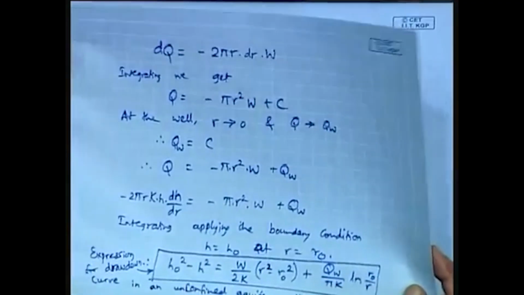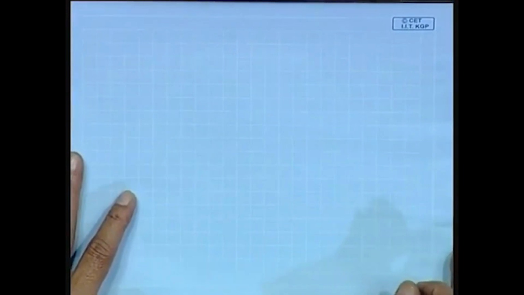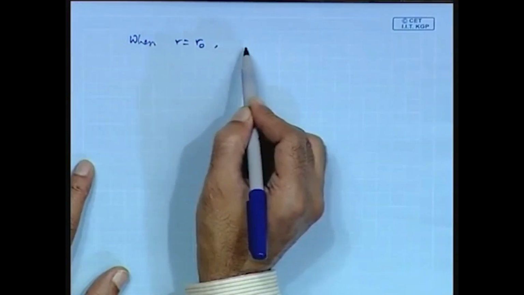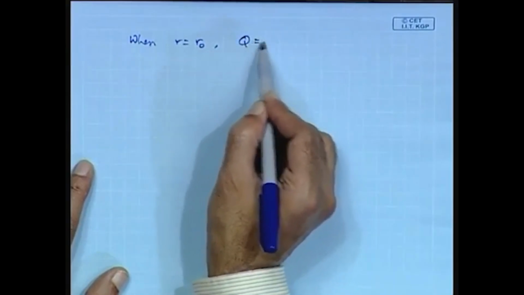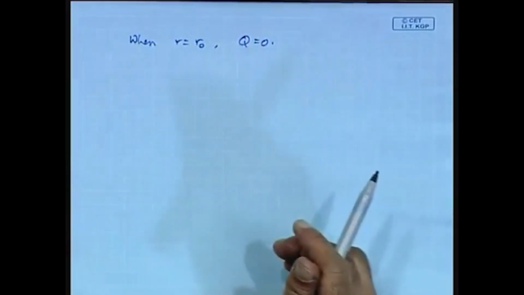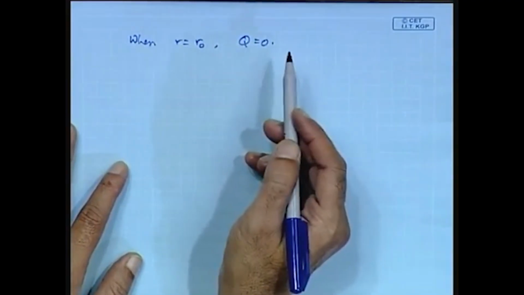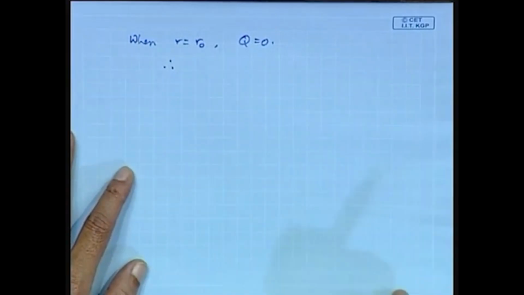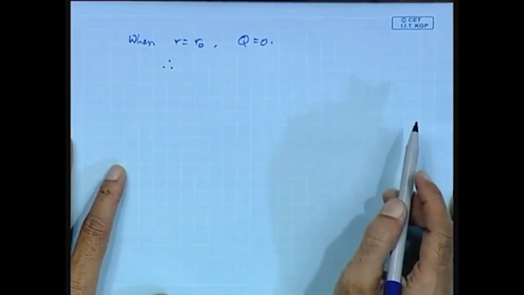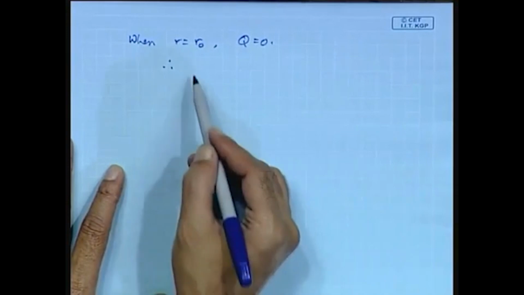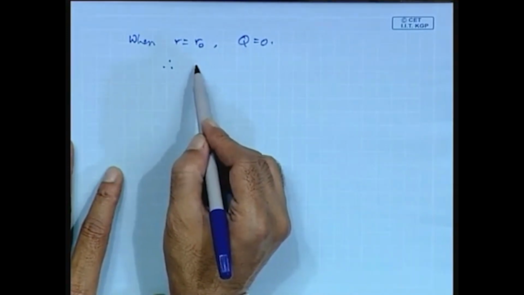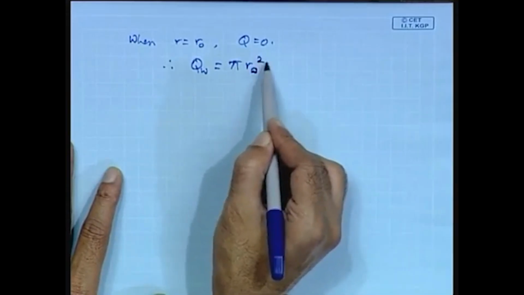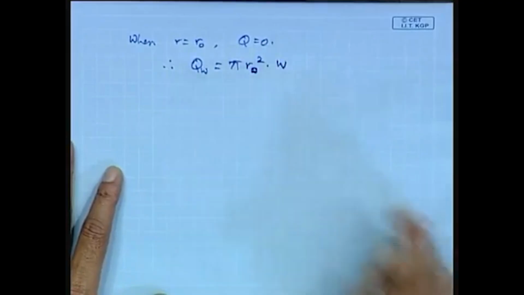and we know that when R is equal to R0, Q is equal to 0. That means, beyond this cone of influence, there is no flow contribution. So, therefore, substituting these values, we get QW is equal to pi into R0 square into W. In this case,